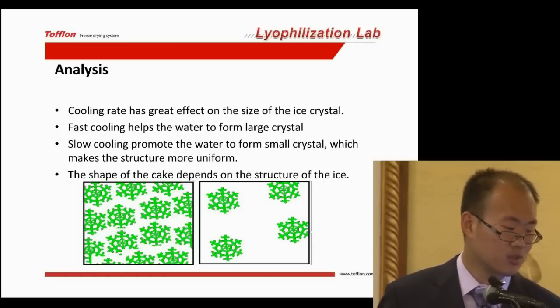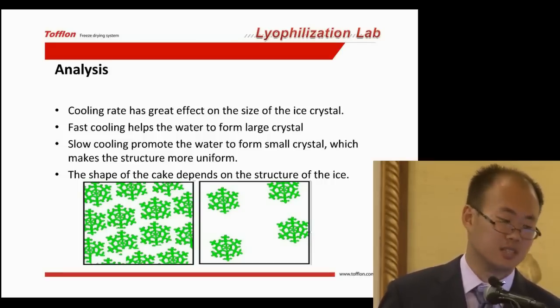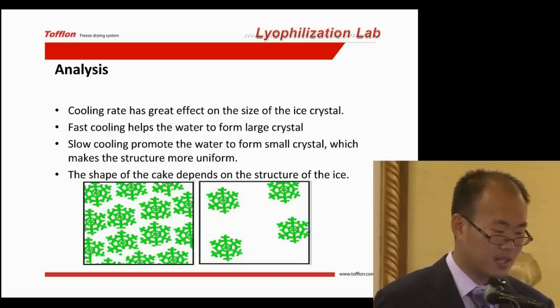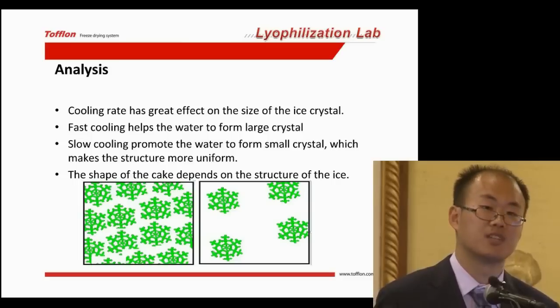If we do fast cooling, maybe we can get the shrunk cake of the product. The shape of the cake depends on the structure of the ice. That is,